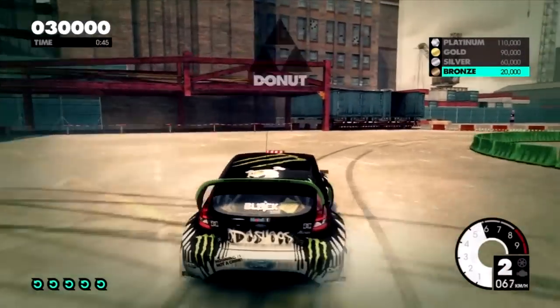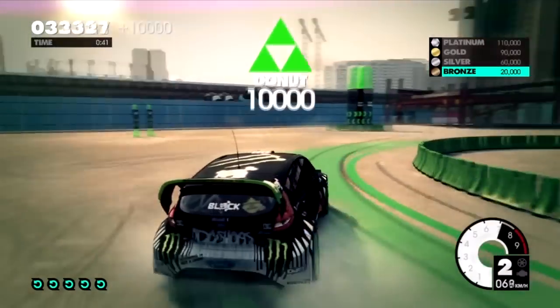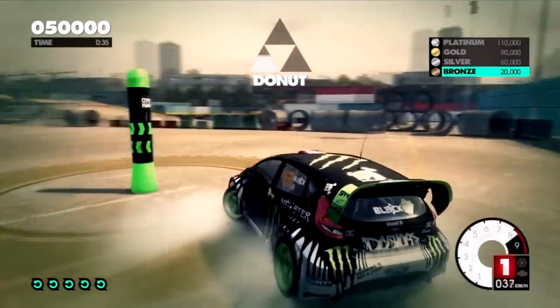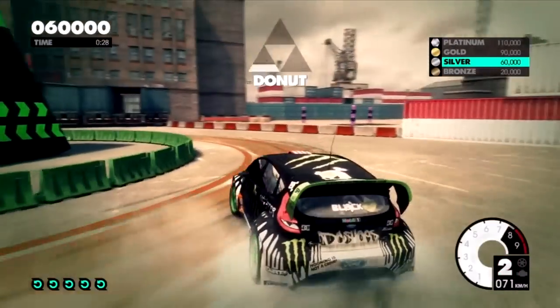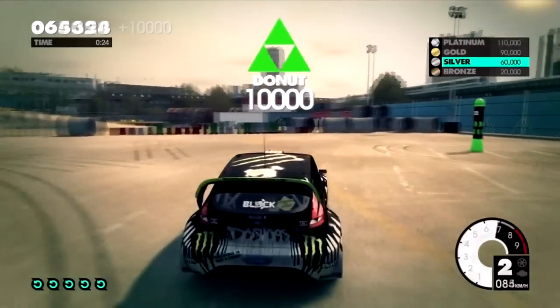If you do miss one and you get 8,000 or something like that, just restart it. It's not worth it. So yeah, try to go for the little one as well. Whichever one is closest and whichever one you're pointing to when you come out of the drift before, just go to that one. So yeah, once you complete them all,